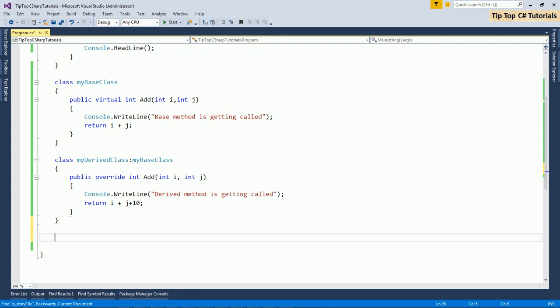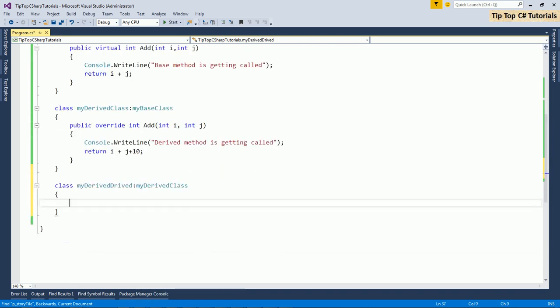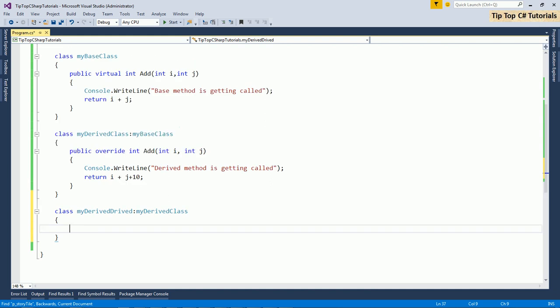There is another third keyword which you need to understand. Another one is sealed. So imagine my derived class is deriving from the derived class. If a base class does not want a derived class to override this one, so everybody can have their own behavior.